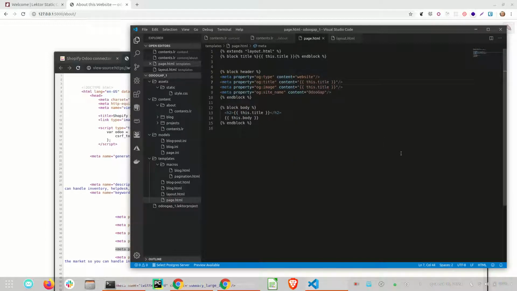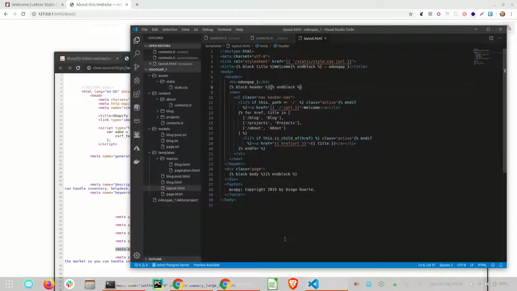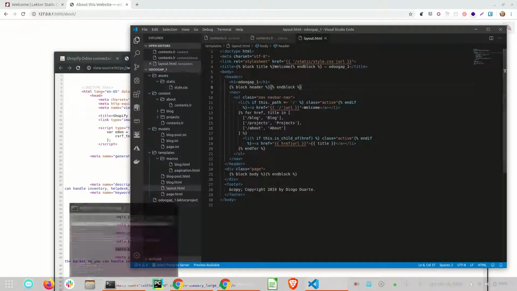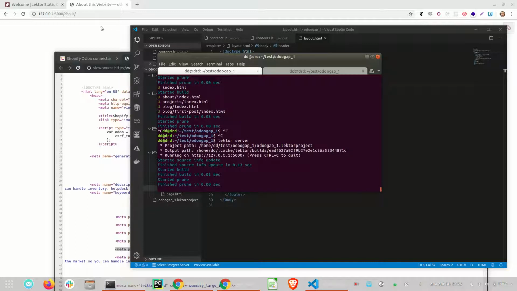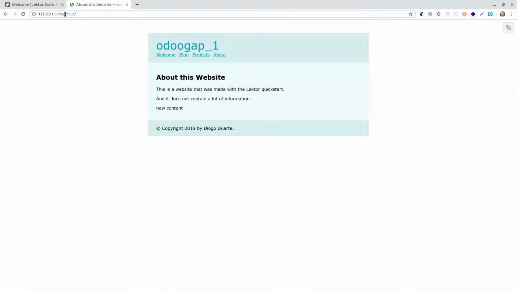So this will be OG title and OG image. Okay, this way. Okay, now let's just save this, and let's do the following. Let's just stop and start. I don't know even if I need to do this, but right now I'll just go here into admin, and